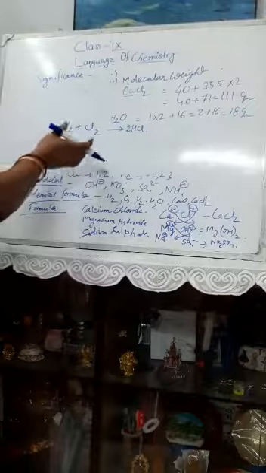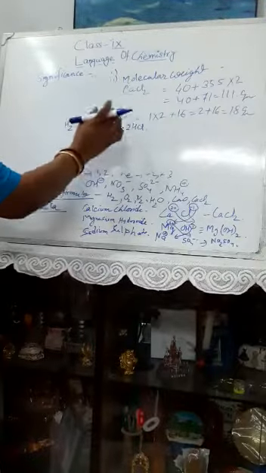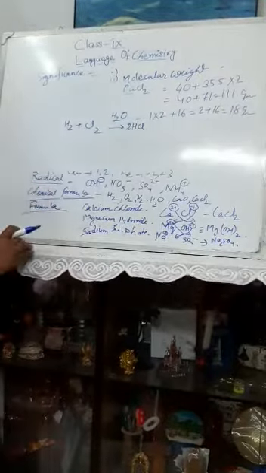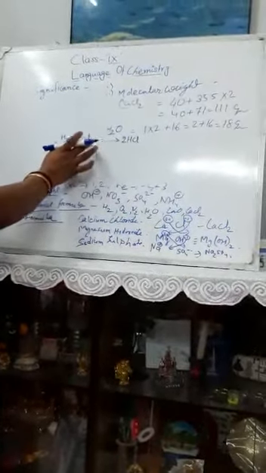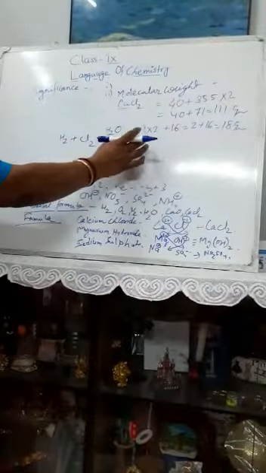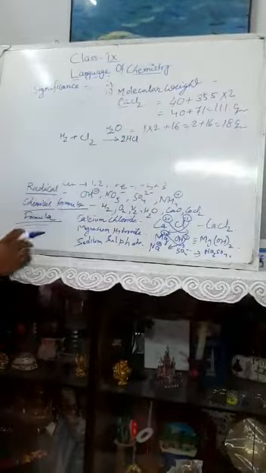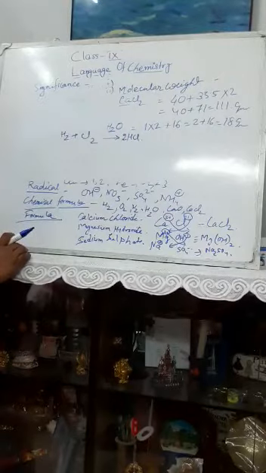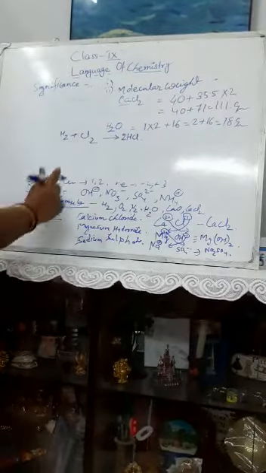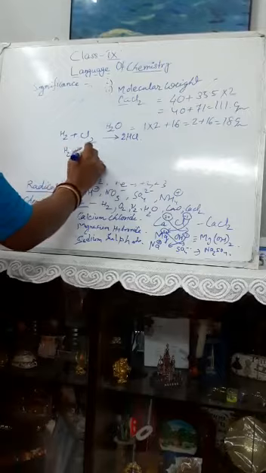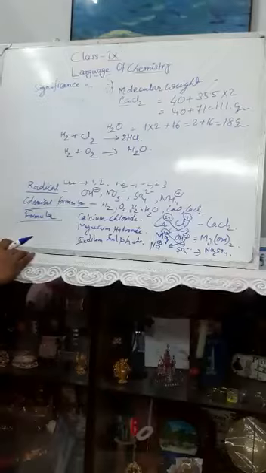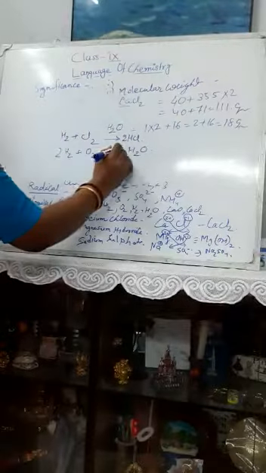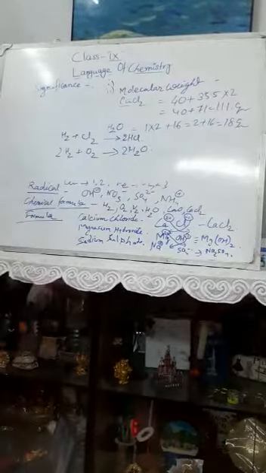In chemical equations, as you are writing the equation, there is a left side, there is a right side, and in between them there is an arrow or equal sign you can write for the balanced equation. These are the reactants which are written on the left side and the products which are written on the right side. This is the chemical equation. Suppose hydrogen and oxygen can react to give H2O. Okay, this is not a balanced equation, we have to balance it. So this is the balanced chemical equation.